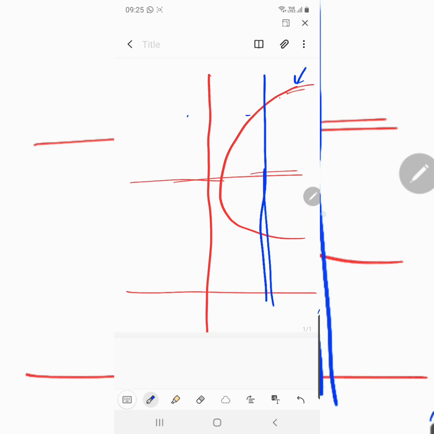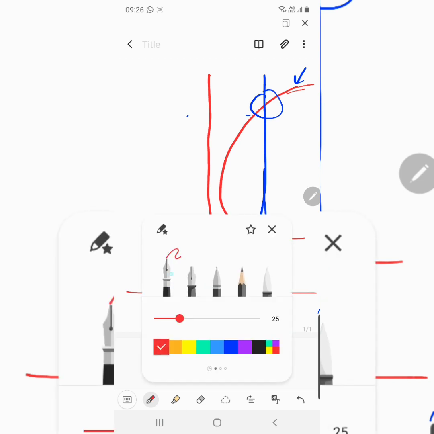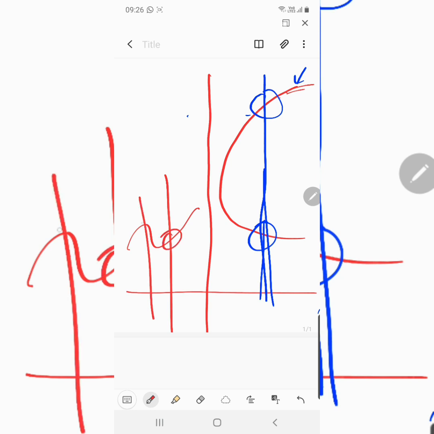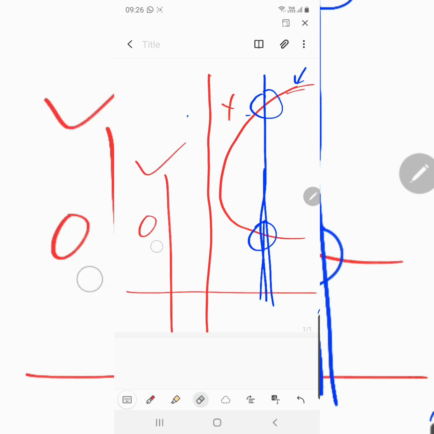If you draw a vertical line, it will touch the graph at 2 points. So it's not a function. Something like this would be a function. So it's this. The vertical line touches the graph only at 1 point, yeah. So that this is a function, this is not a function, but we